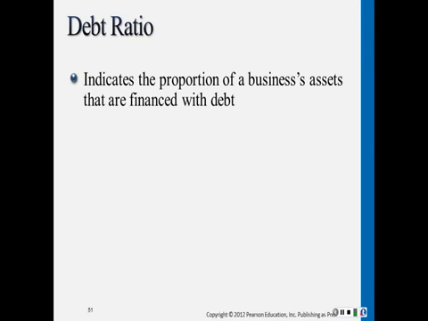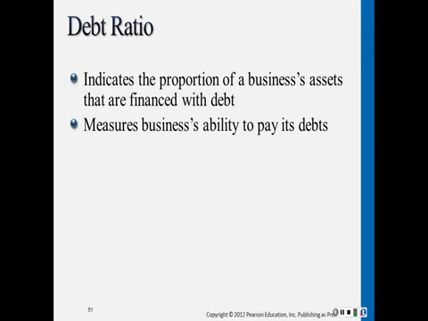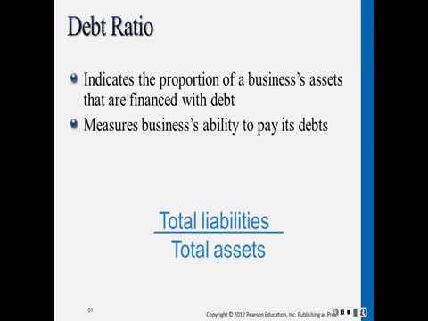The debt ratio is computed as total liabilities divided by total assets. The debt ratio indicates the proportion of a company's assets that are financed with debt. A low debt ratio is safer than a high debt ratio. Why? Because a company with low liabilities usually has low required payments and is less likely to get into financial